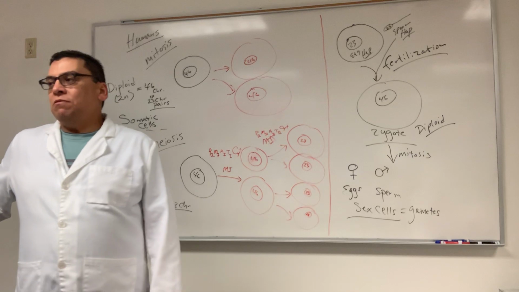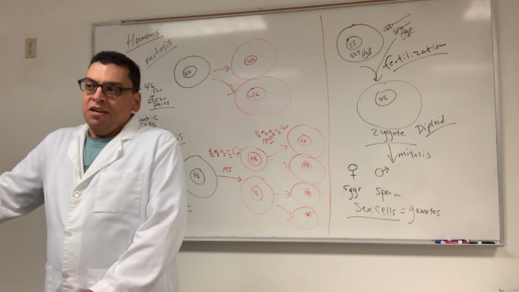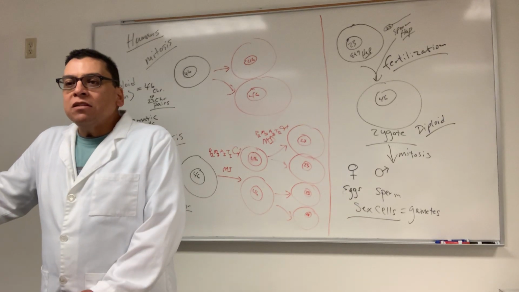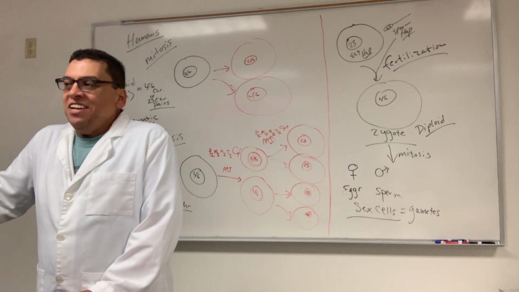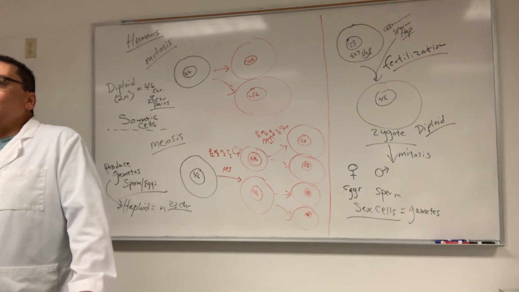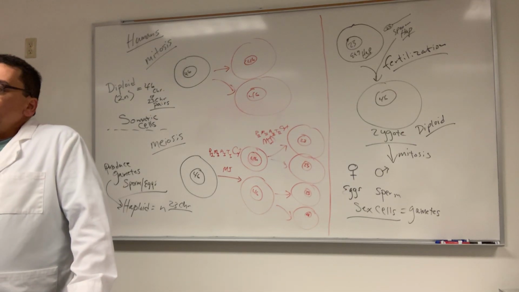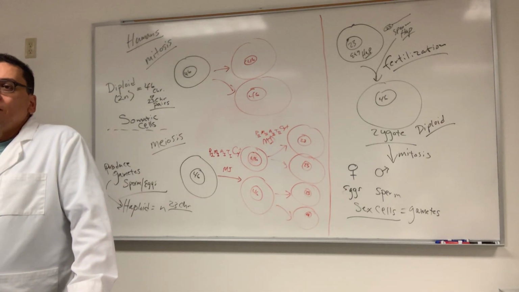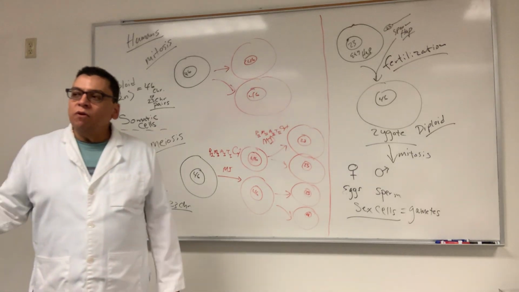Look around you. You are all products of meiosis. Are there 2 people in the room that look the same? No. So meiosis succeeded. Meiosis produced genetic variation. All I have to do is look in this room. No 2 people are the same. Of course, the only ones that would be like that would be identical twins, and we'll talk about how identical twins are produced versus fraternal twins.